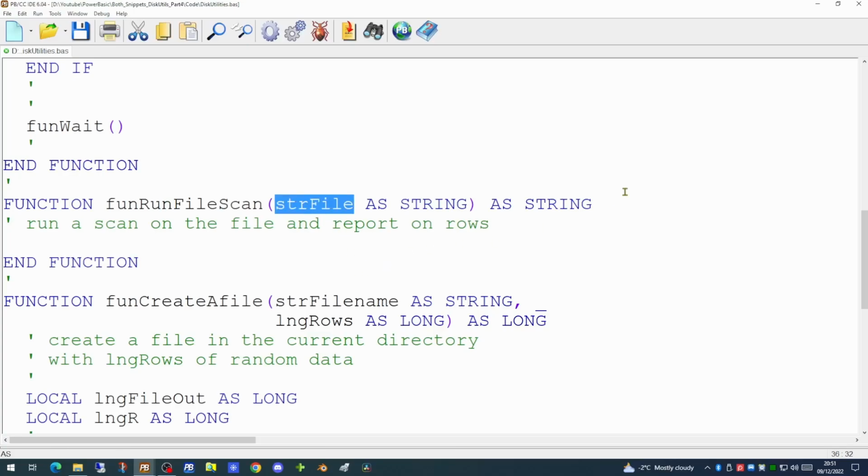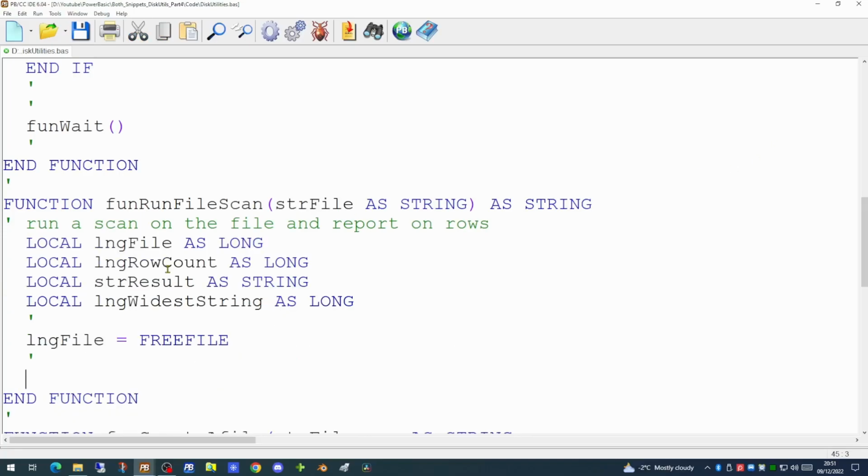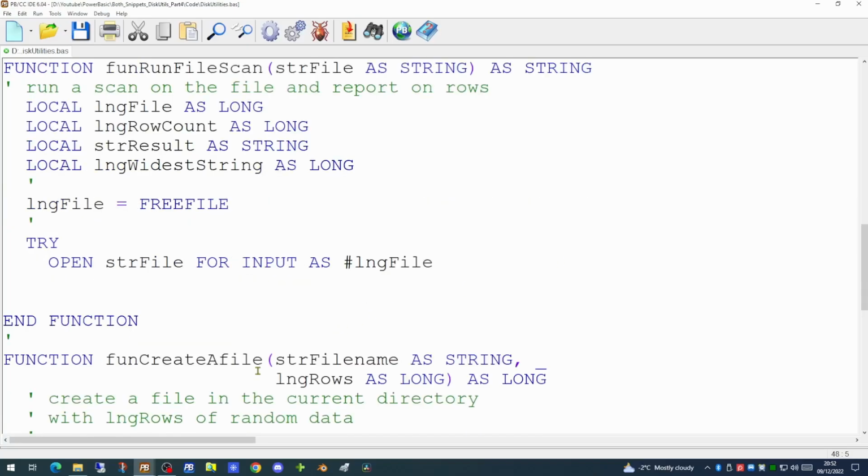And now we want to try and open the file. So as we've done many times before, we will pick up the next available file handle. And we're going to embed the open command for opening the file in a try-catch block. So we're opening the file for input using our file handle. And then comes the file scan command.